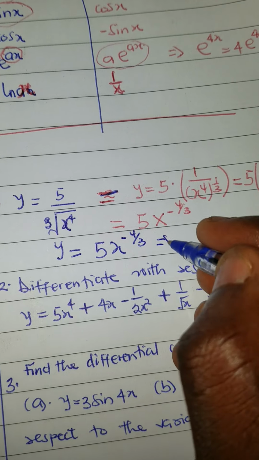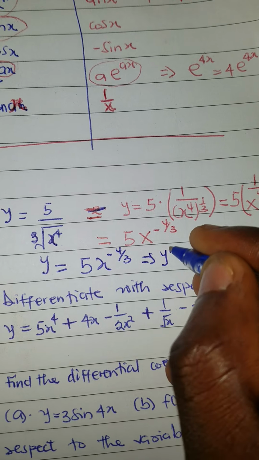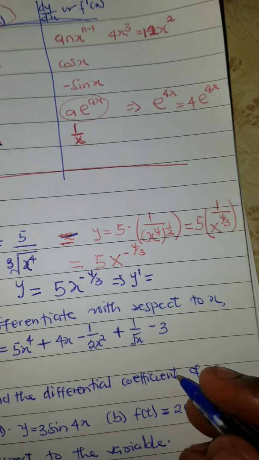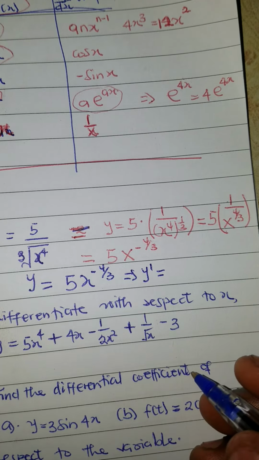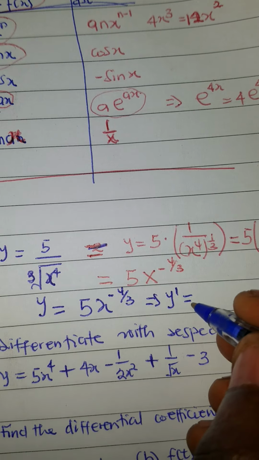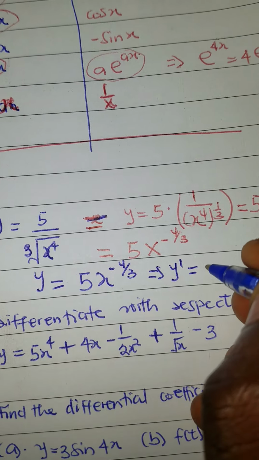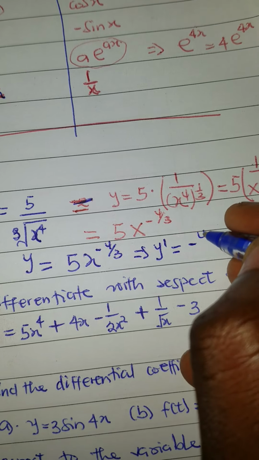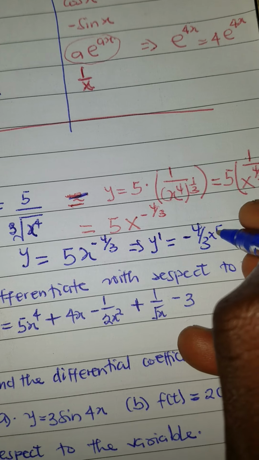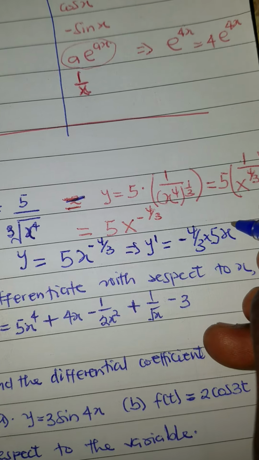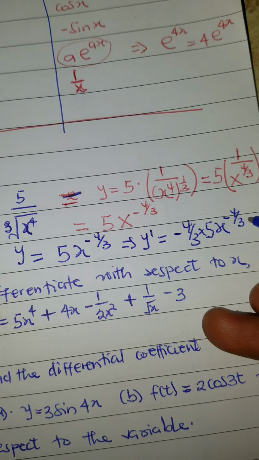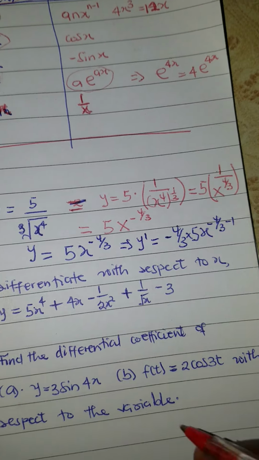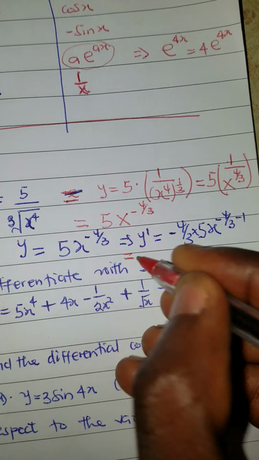Now our y prime, that is the differential function, is equal to: you take the minus 4 over 3, multiply it by the 5x raised to the power minus 4 over 3 minus 1, and this will give us